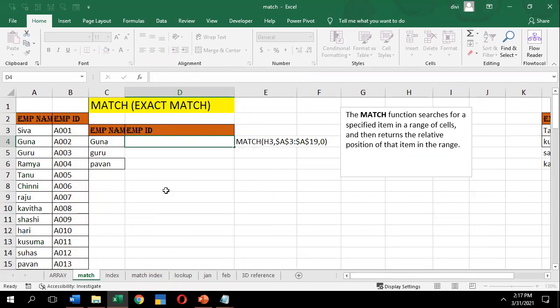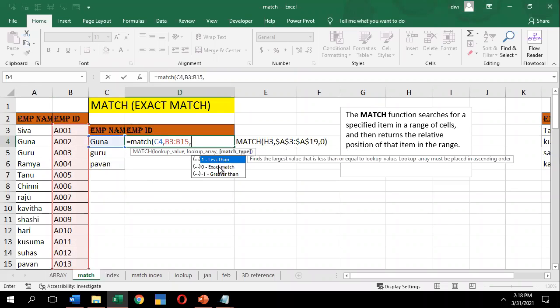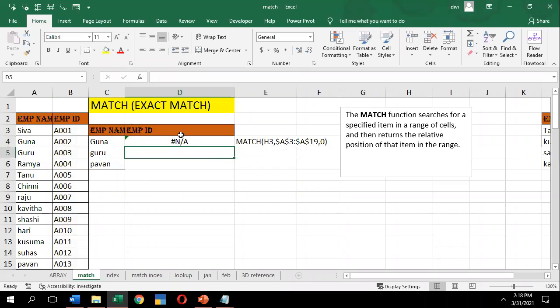I got an error message. Let me try again. Equals to match, open the parenthesis. Your lookup value is in gunas, comma, lookup area, this is A12. I want to get the ID, comma. I want the exact match, so I'll select the 0, close the parenthesis, enter.